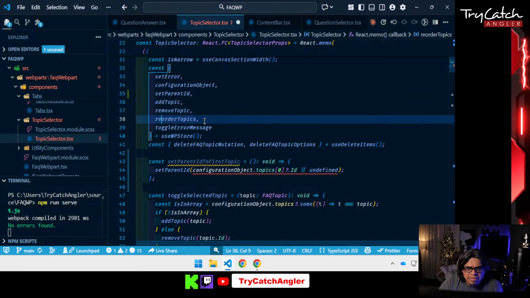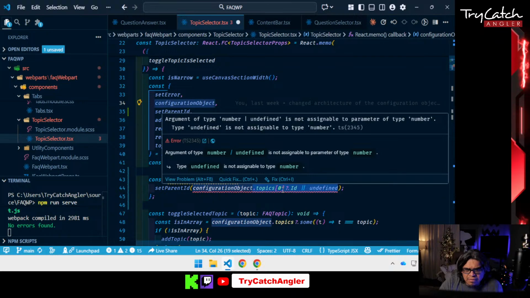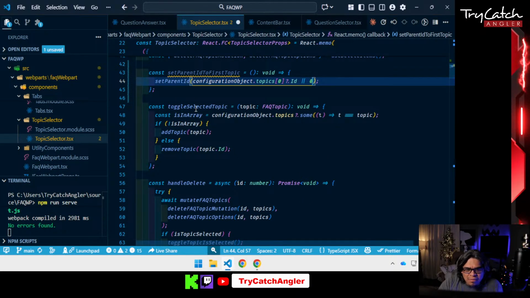And we're gonna have to bring in the configuration object. Oh, we have it, sure. There we go. And so when we toggle a selected topic,